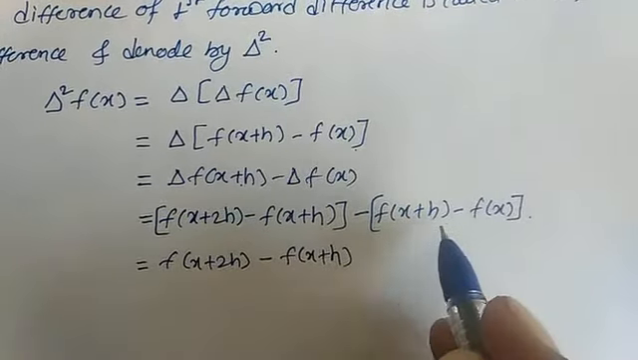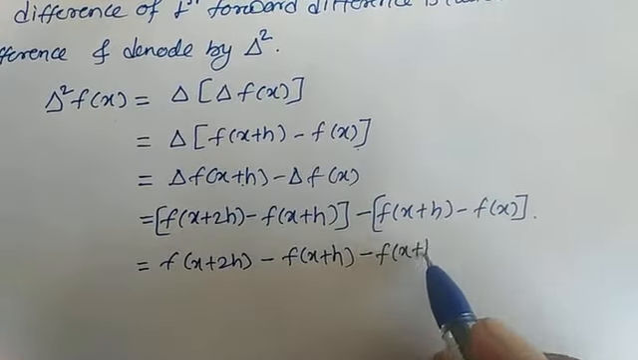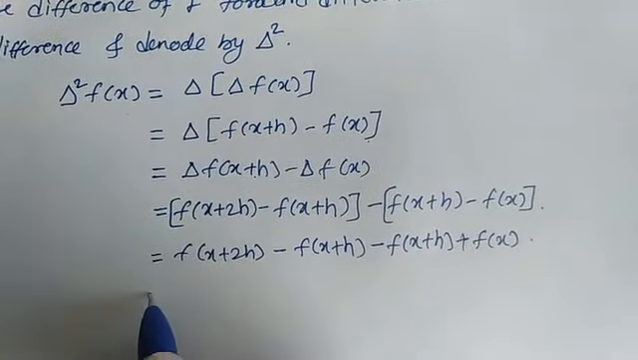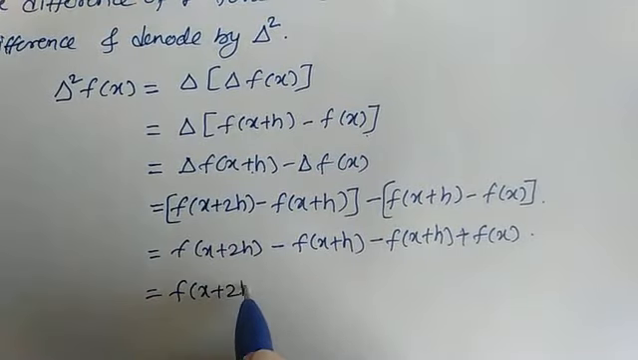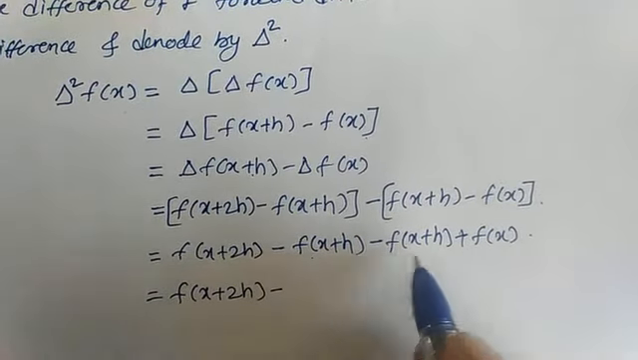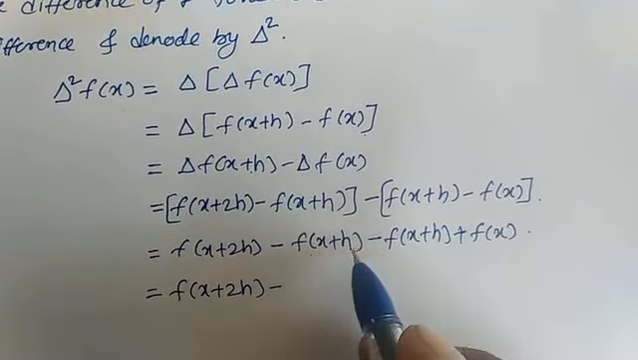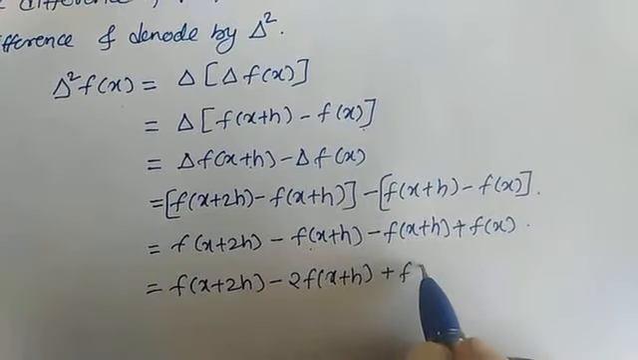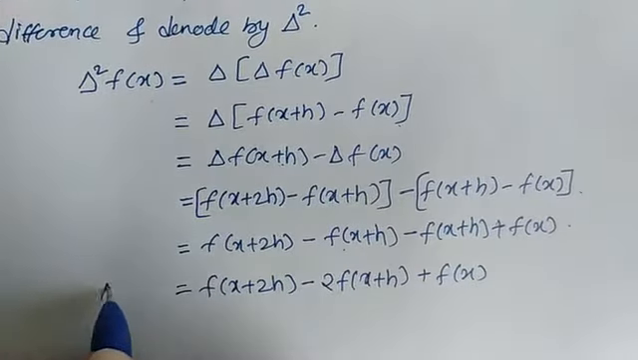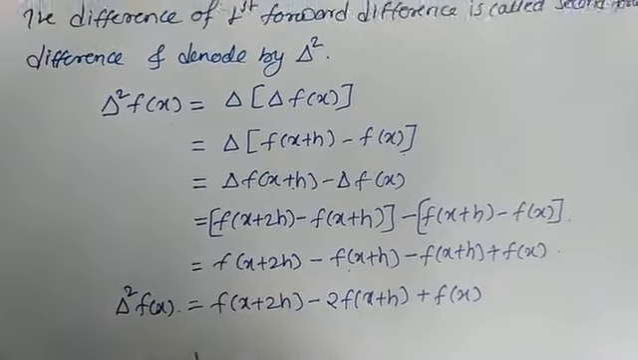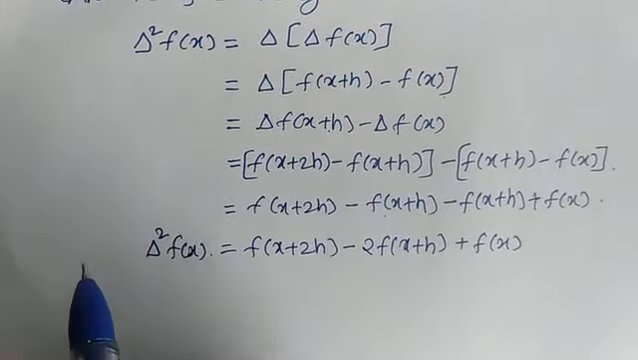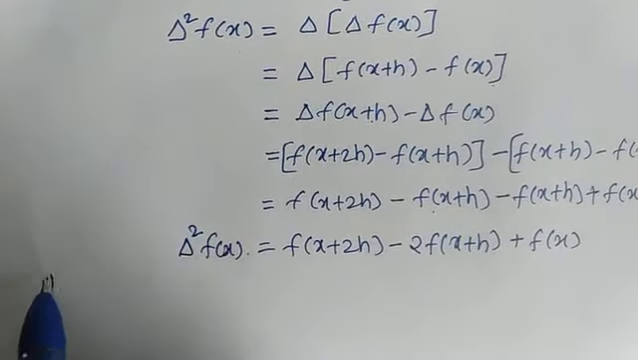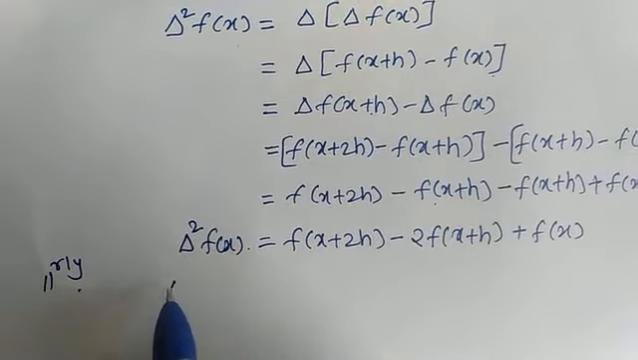Here we have to make sign changes. It will be minus f of x plus h and minus plus f of x. So which will give us f of x plus 2h minus, here f of x plus h is twice and with same sign, so minus twice f of x plus h, and last term is f of x, which is our expansion of del square f of x. Okay, so in general we can write, and for third difference similarly you can find del raised to cube of